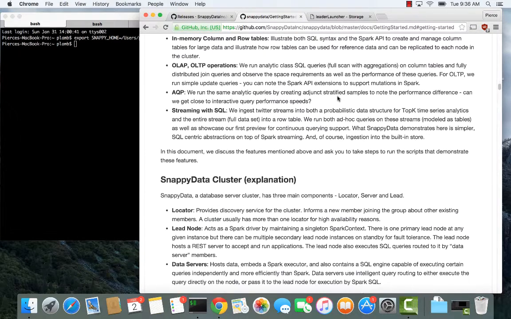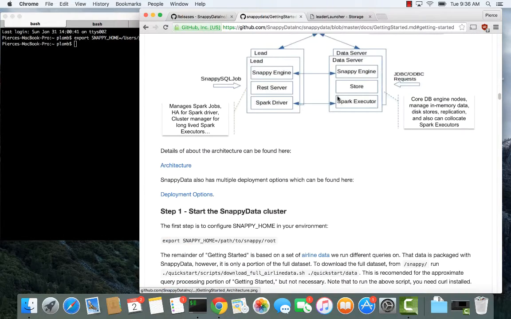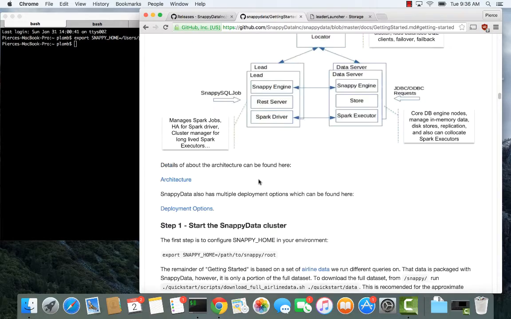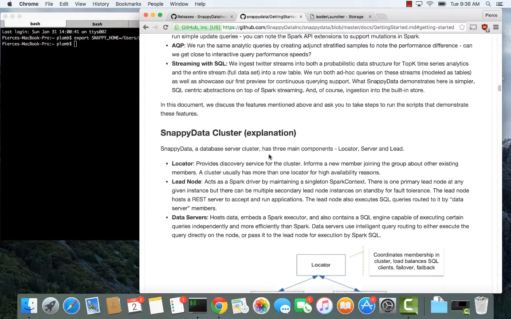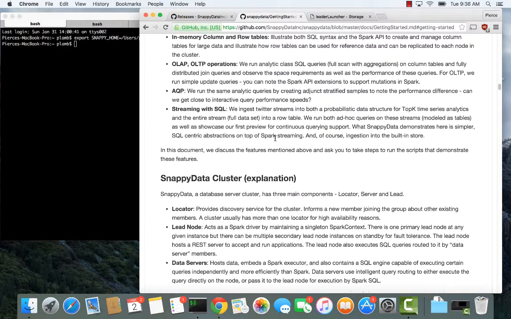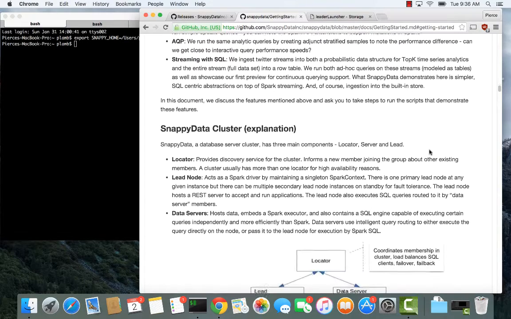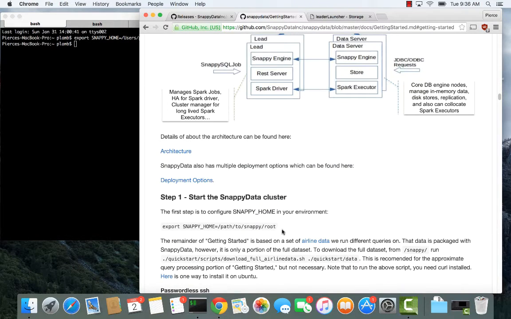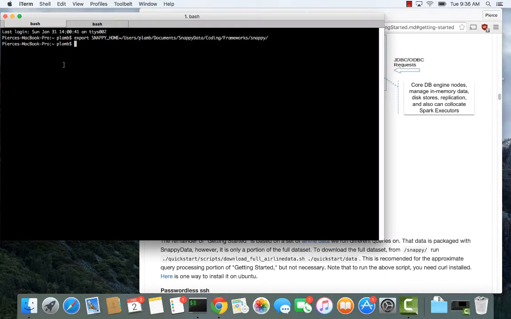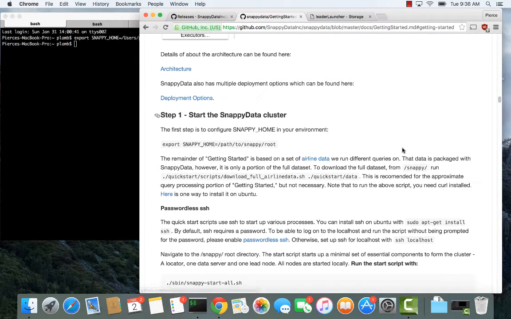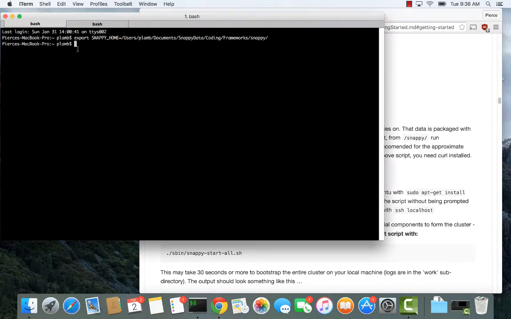And then I also set up passwordless SSH, which we have a little section here on how to do that. It's not necessary, but pretty important. SnappyData uses SSH, and if it's set up passwordless, it just makes everything easier. At the beginning of the getting started, we tell you to export the Snappy Home variable, and I've got that done as well. So then the first thing I'm going to do is